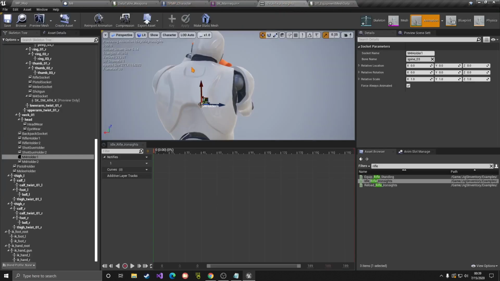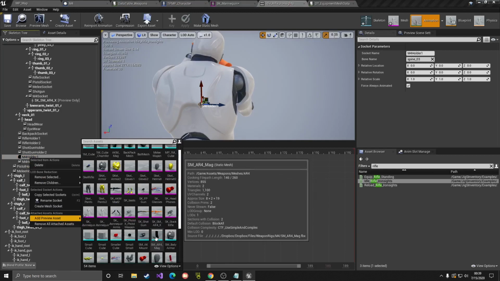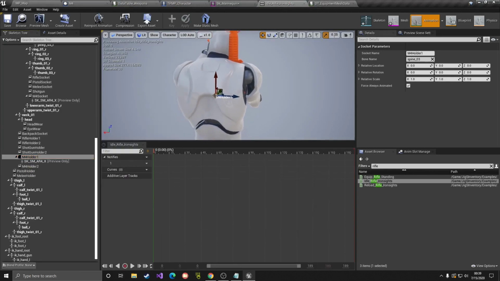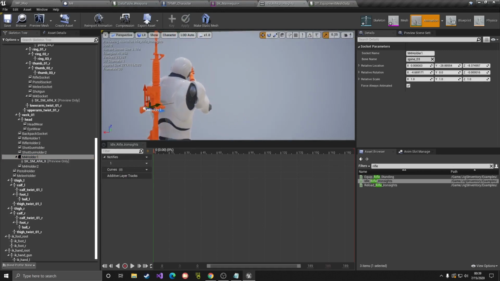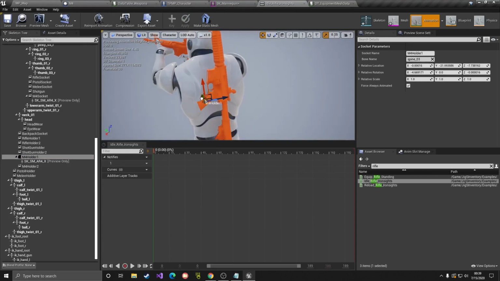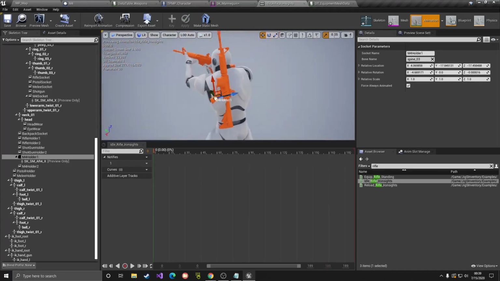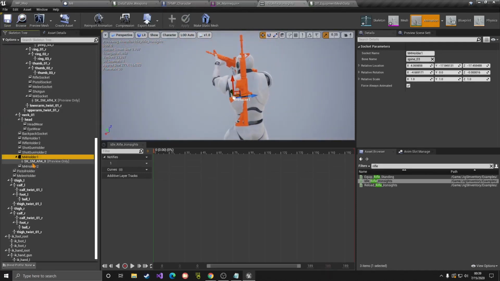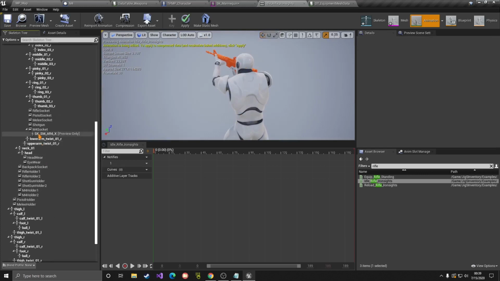Then I'm going to go back to the character, and I'm going to right click here, add preview asset, and then I'm going to select the same skeletal mesh here, and as you can see, it's going to add that there, and I simply need to add it to the back. So once again, I'm going to try to do something nice. So we're just going to quickly do it there. Just make sure it's not too ugly. So that's number one, and then of course I can probably just copy it from the other socket and just reverse the X and Y, but